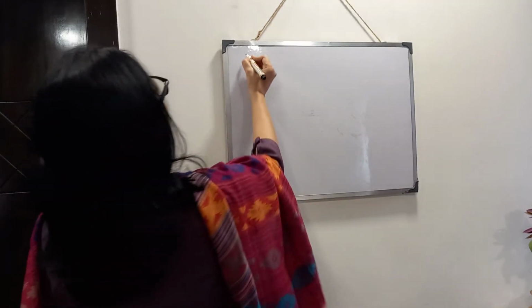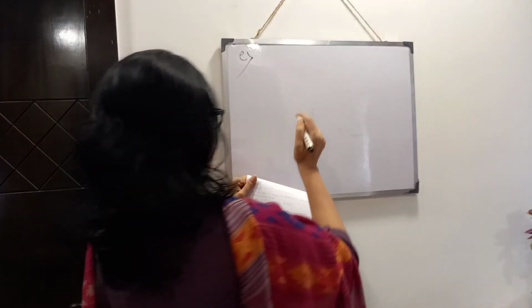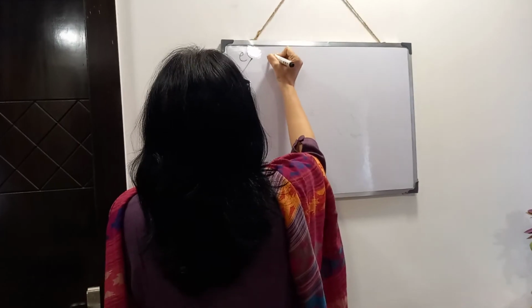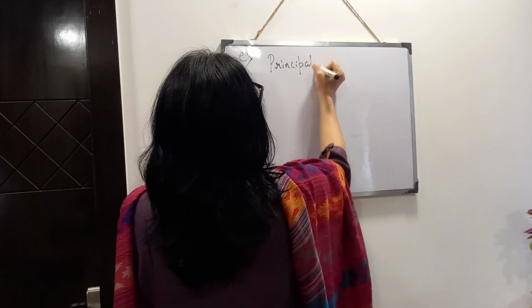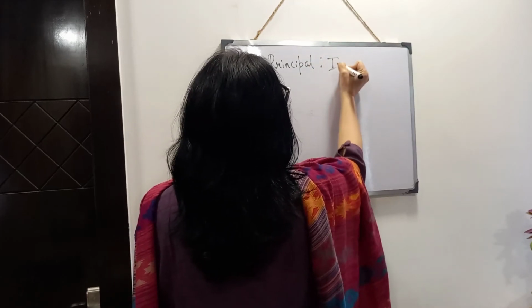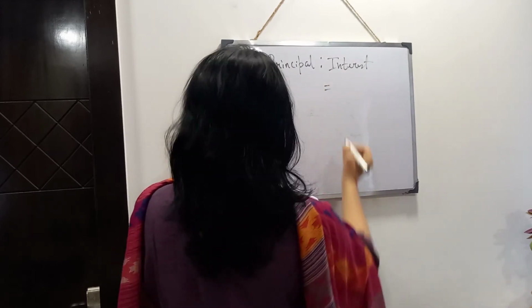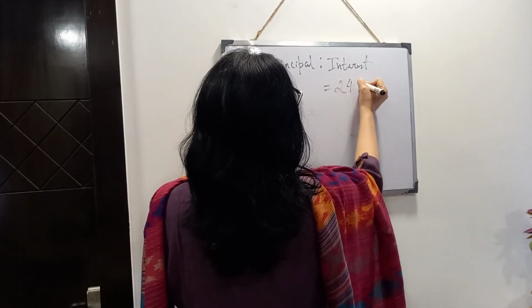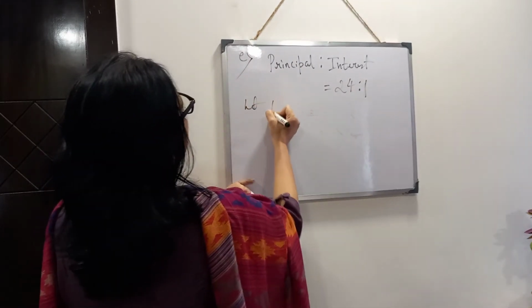Number E. If the ratio of principal and interest is 24:1, then the rate of interest will be this. Ratio of principal and interest. Okay. Principal is to interest given 24:1. Again ratio given, so we will consider let the